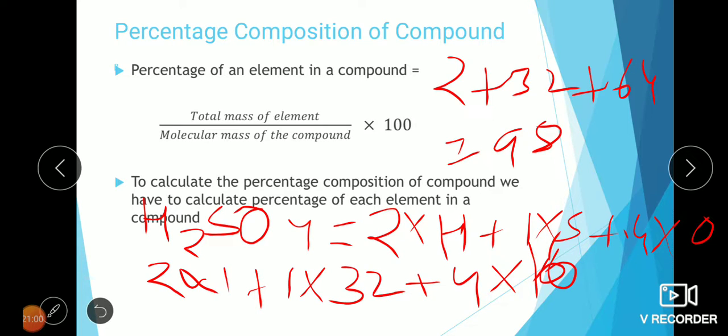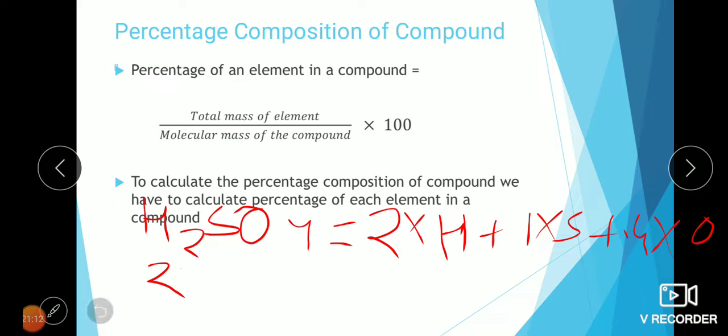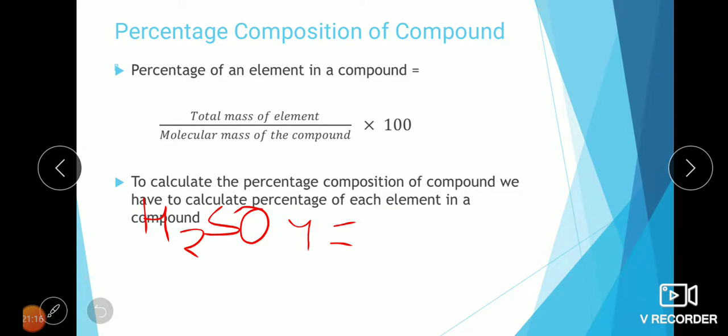So it's more interesting, my dear students. I believe if you have understood it, you can do it faster now. And those who want, you can consume time. But as I said, please keep on practicing these things. This will really help us to solve the percentage composition much easier. And guys, this is again in the syllabus of 10th standard. So please do not try to avoid this. If you have not understood, you can keep on asking me questions.